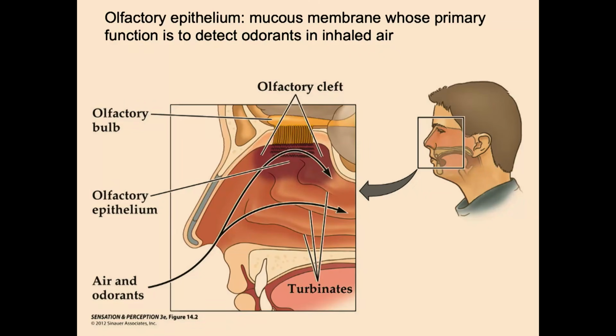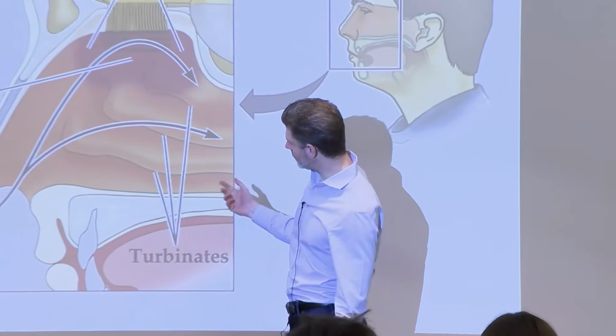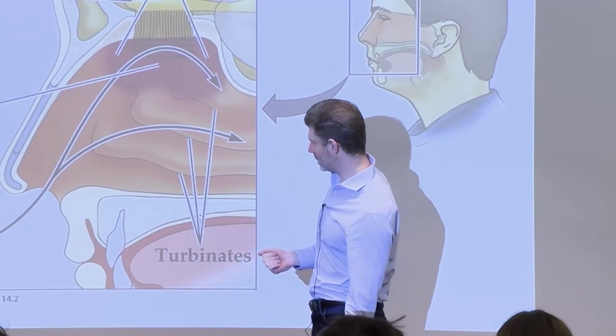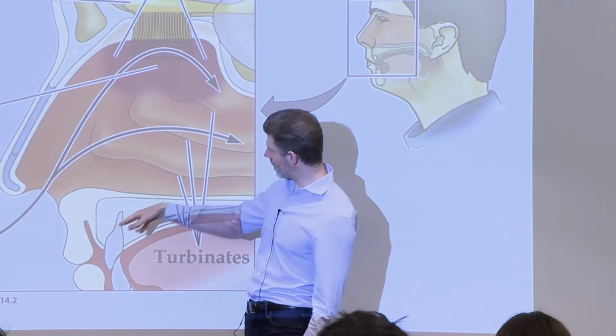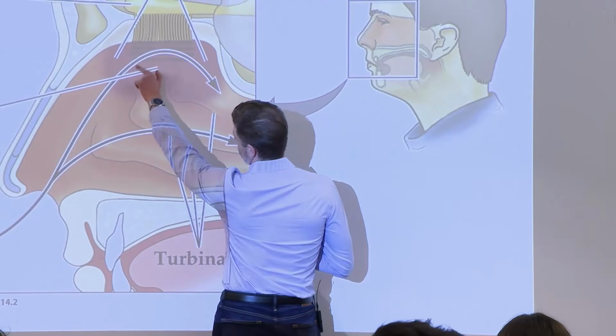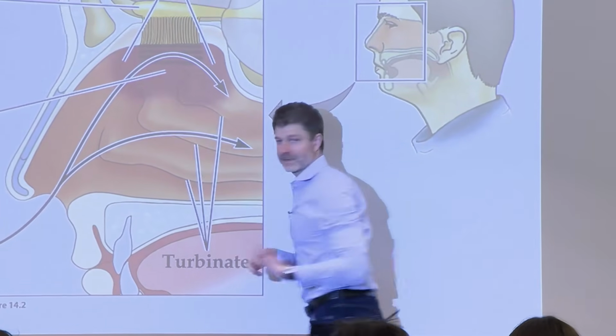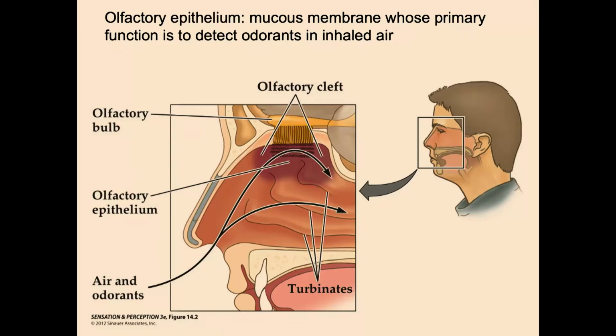So this is a face, that's the nose. Here's a cut through the nose. It shows the various structures. You have these cavities in here. You inhale, and the air comes in containing odorants. The olfactory epithelium contains receptors. The receptors interact with odorants, and that creates signals that are then sent to the olfactory bulb and then onto the cortex.